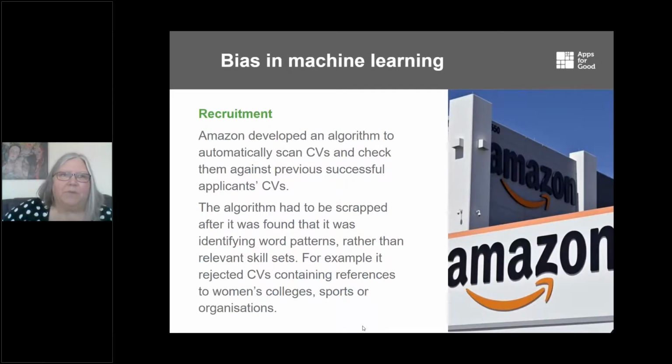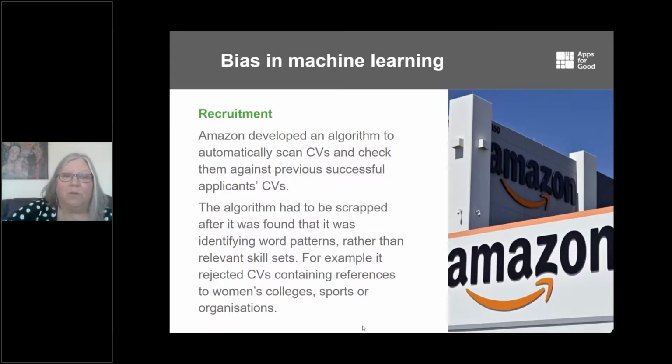A couple of examples of the bias of machine learning. In this one, they tried to automate the CVs so they wouldn't be so biased. They fed in a whole load of CVs of successful candidates and asked the machine learning model to then decide whether somebody was likely to be successful.